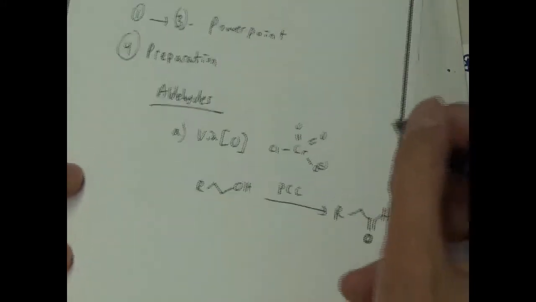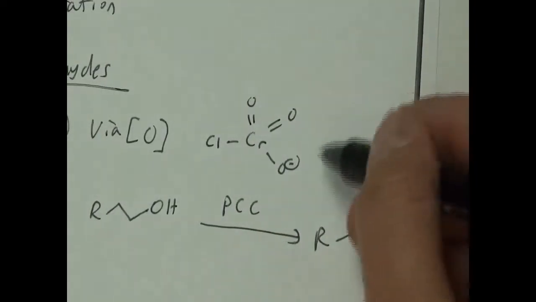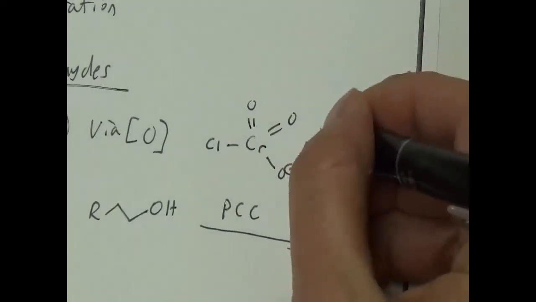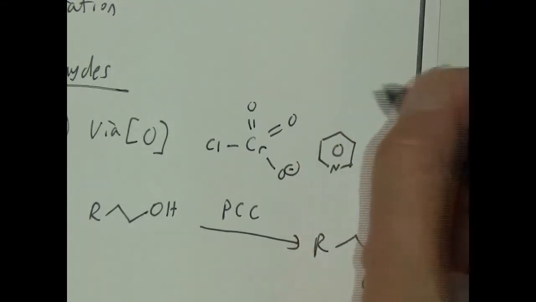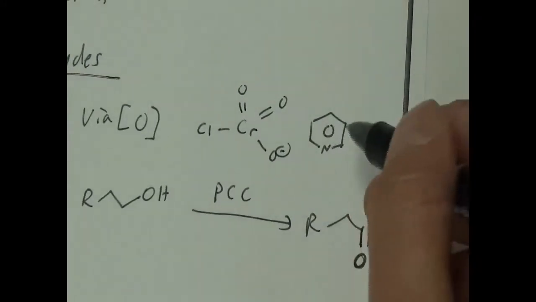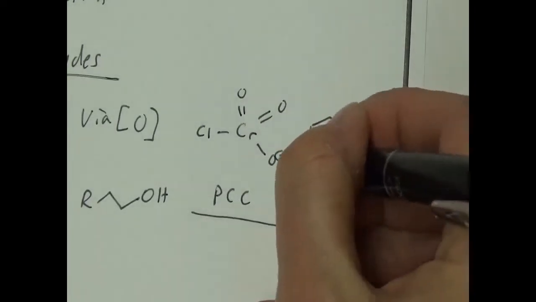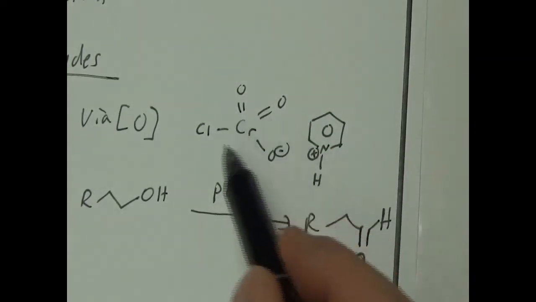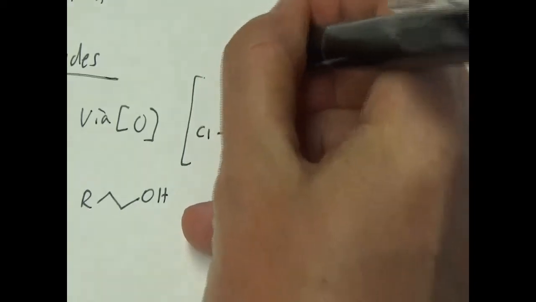Okay, so something negative. So what's the positive thing? Something negative has to be associated with something positive, and the positive part is pyridine, which is a benzene with a nitrogen, but it's got a proton on it, and that gives it a positive charge. Okay, so it's a salt. It's something negative, something positive. That's PCC. Name of it is pyridinium.